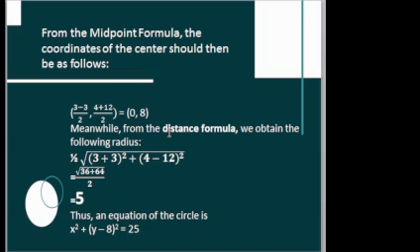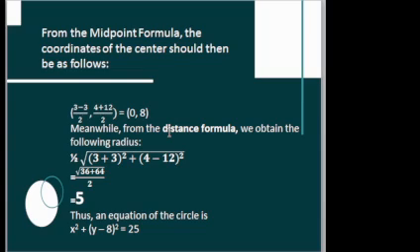As we know that at the point A, the given is 3 and 4. So the x1 there is 3 and the y1 is 4. And at point B, the x sub 2 is negative 3 and the y